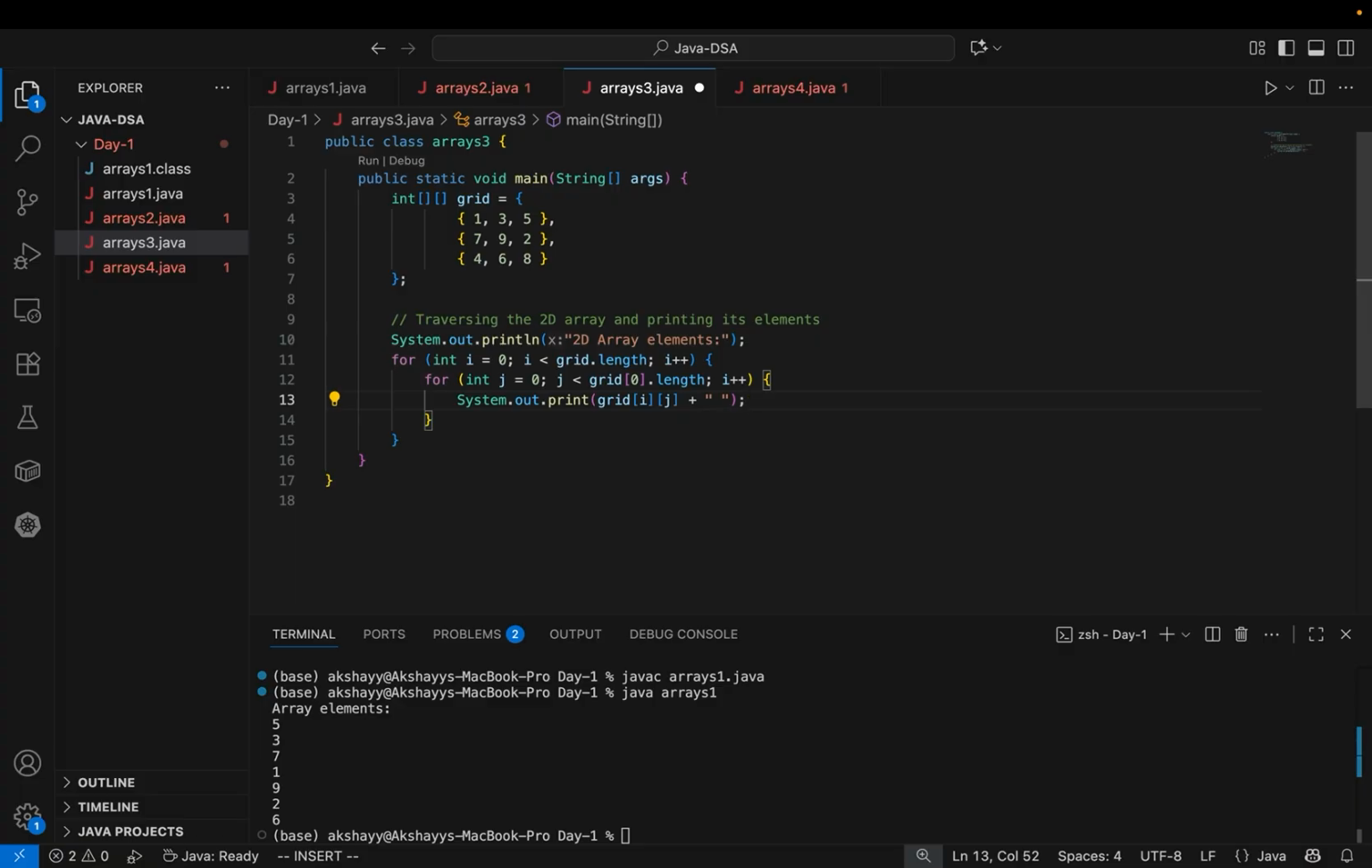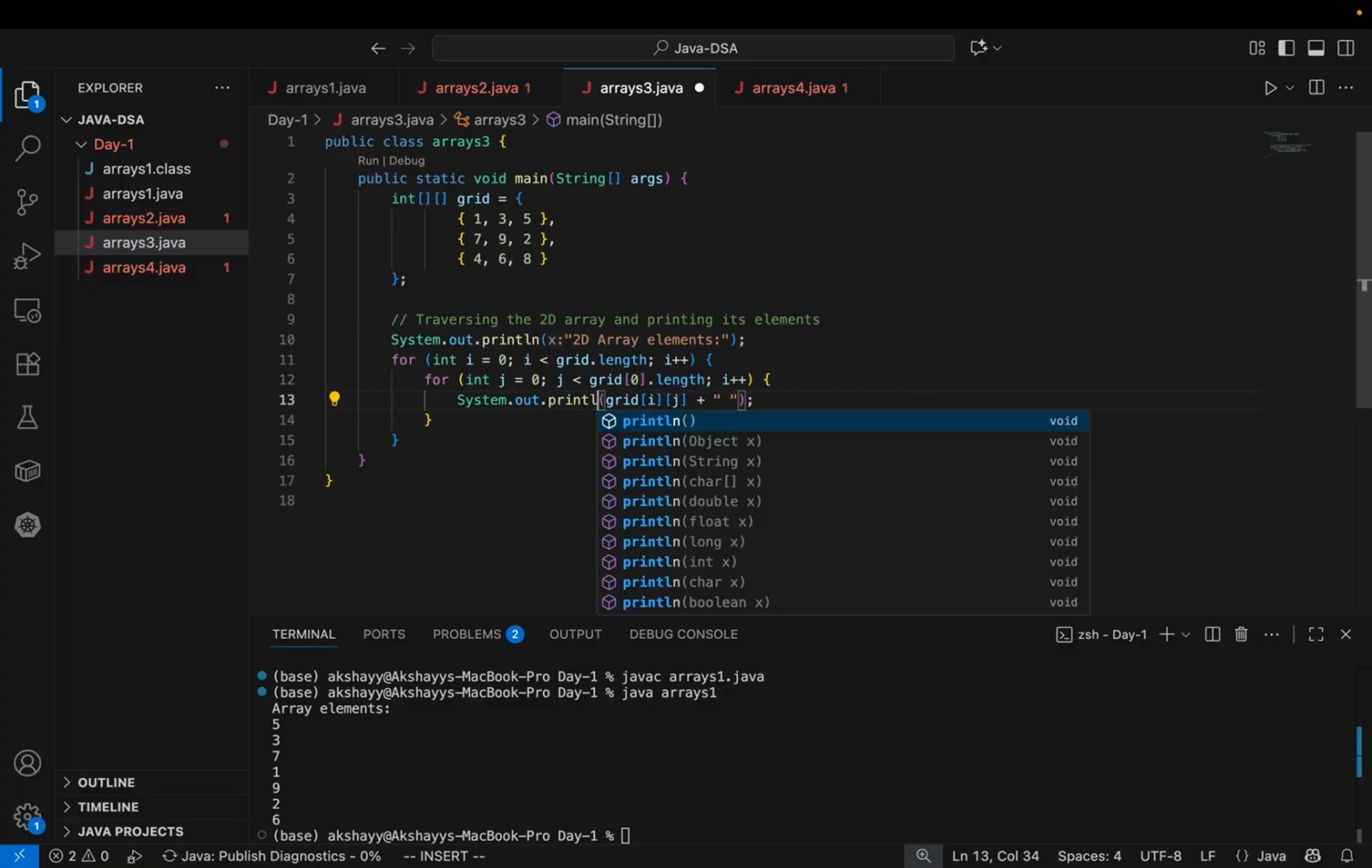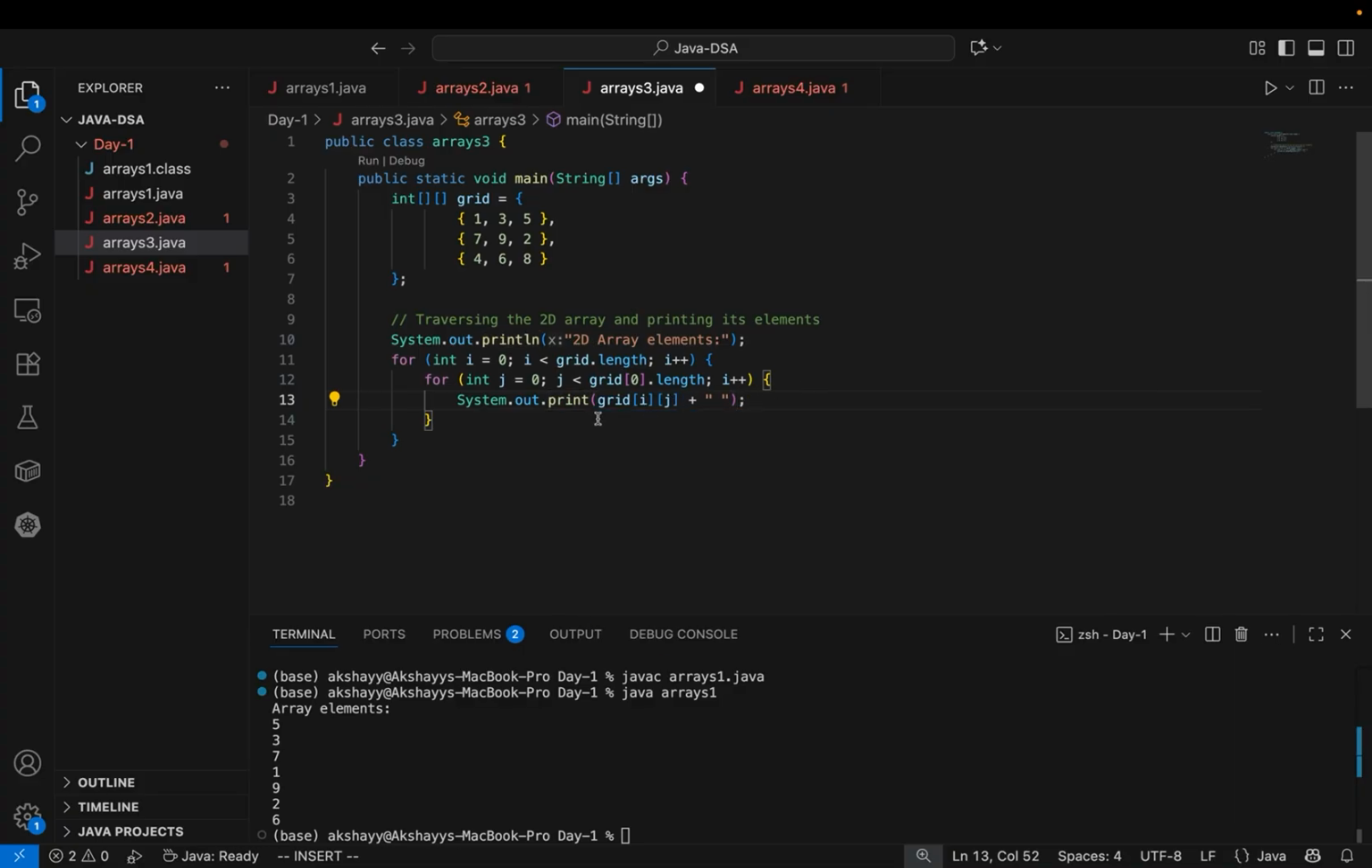Simply putting the System.out.println, so that every item would be printed on the next line. Okay, same line also we can print, but no issues. Let's put it in the same line. Okay, grid i comma j plus one space is what we are putting here. So now let me save this and